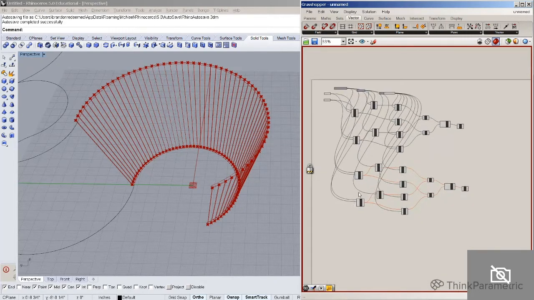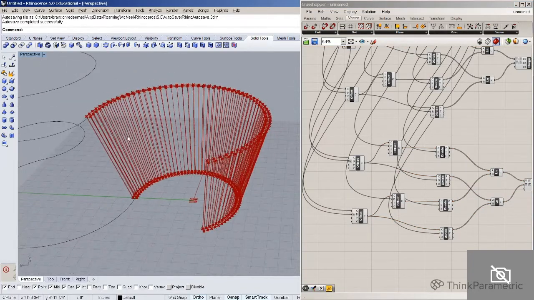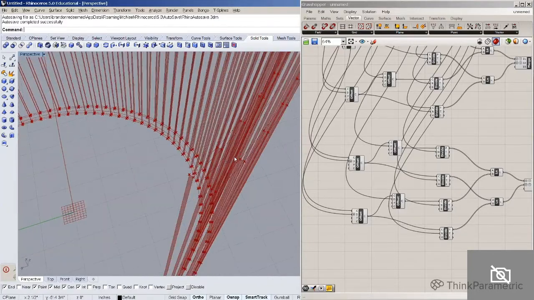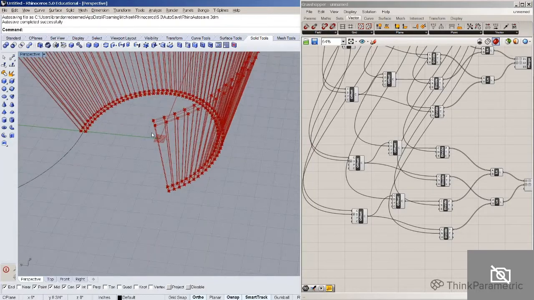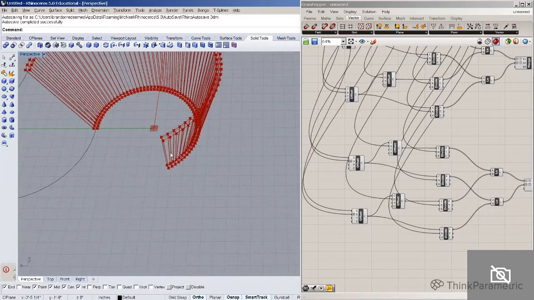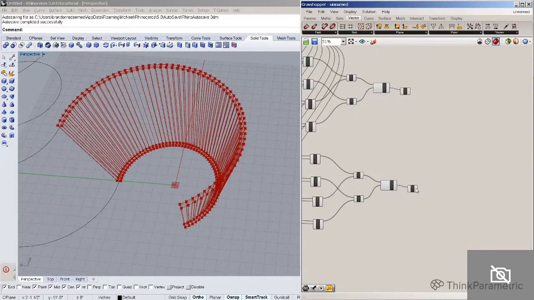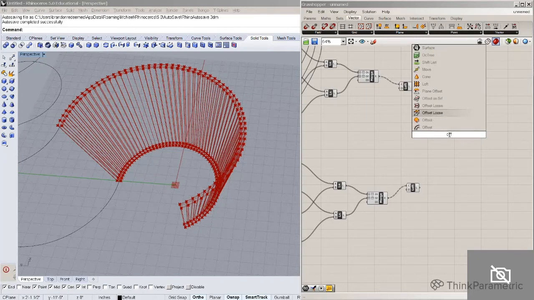Alright, so let's take a look at that. And you see now that we have both sides of our wall, we'll have the slats there. And just to see a full visualization, I'm going to do a simple offset so you can see the 3D, and we're going to refine that later. So we have our two sets of lofts, and one thing we can easily do is actually offset the surface,